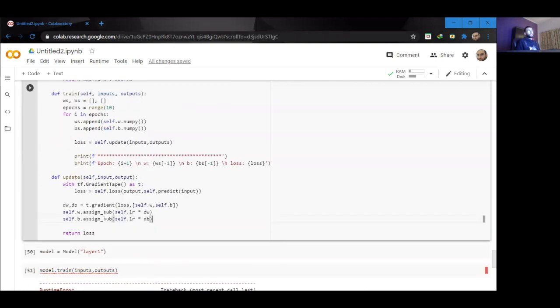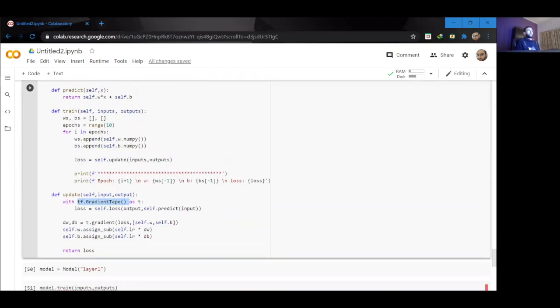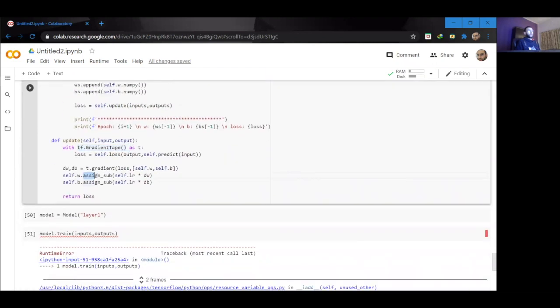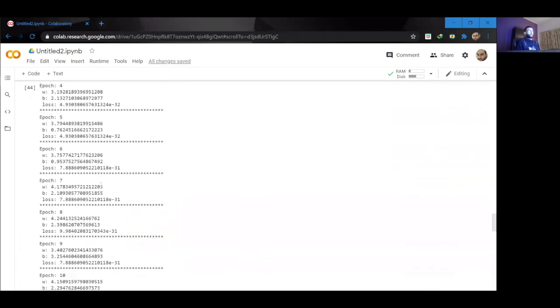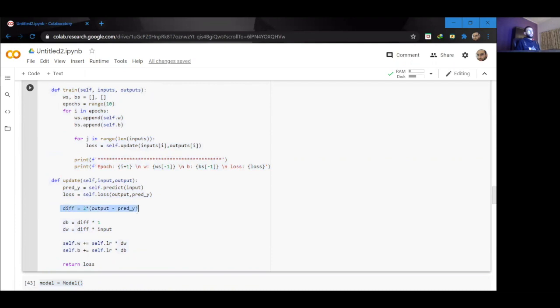The reason I'm using subtraction instead of addition is that there are two ways to calculate the gradient, and gradient tape calculates the gradient in a different way from what I did in my previous model. So I need to subtract it instead of adding those values, because over there, I already included the subtraction sign when I differentiated my loss with respect to the y value.